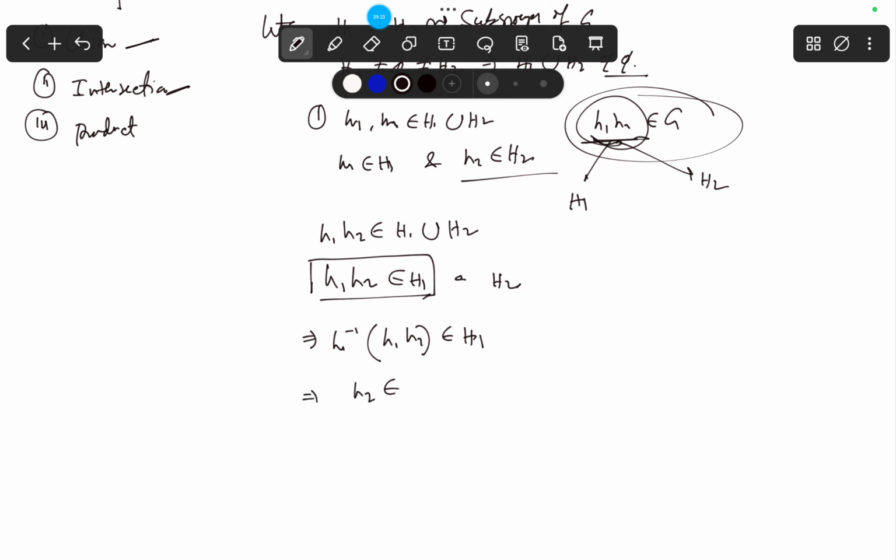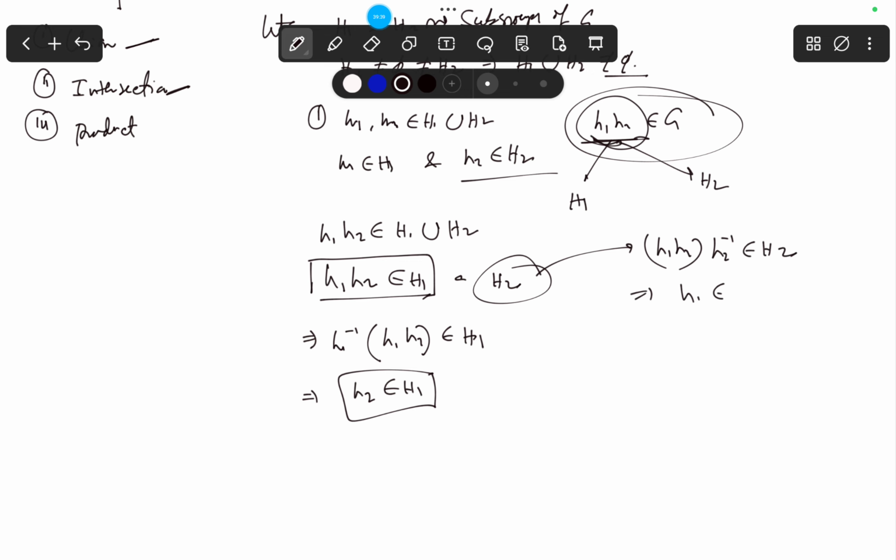That means I should expect that h2 must be in H1. And again, if h1 times h2 is in capital H2, then of course one can expect that h1 h2 times h2 inverse should be in H2, which will basically imply that h1 is in H2. So you can see that there should be a relation between the existence of an element inside a subgroup